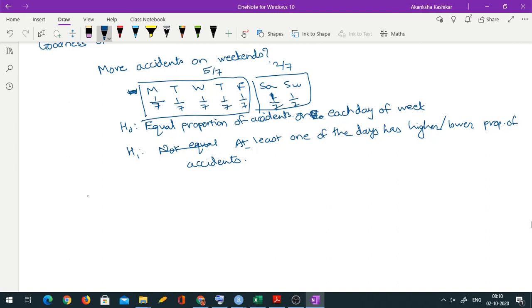Now suppose you fix a location. You can't compare different locations because things may not be comparable because of the location differences. So for the time being, let me fix the location. Let us say University Road, and again we have to specify a patch, so let us say from E Square till Bremen Square. Let us say I'm talking of this patch and I'm recording how many accidents happen in a week.